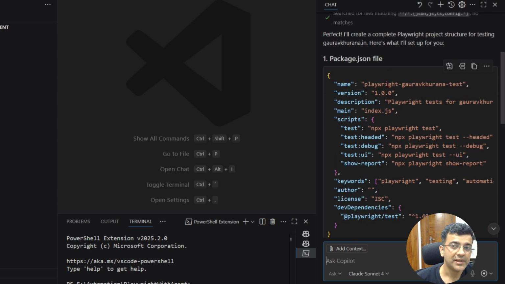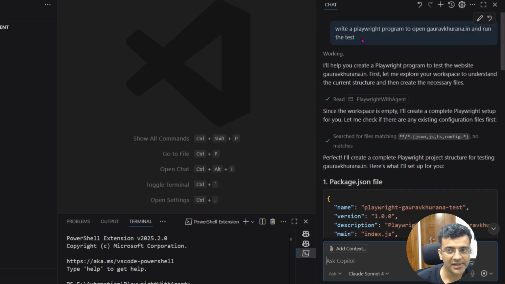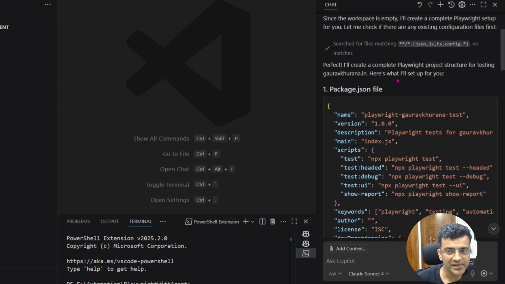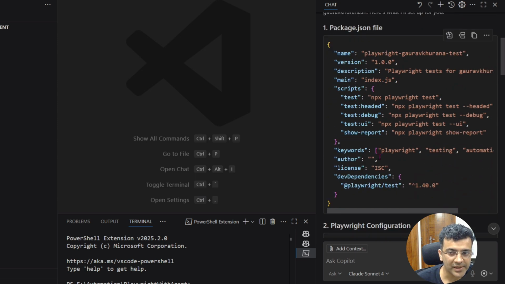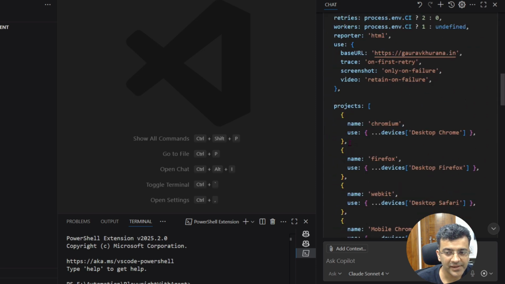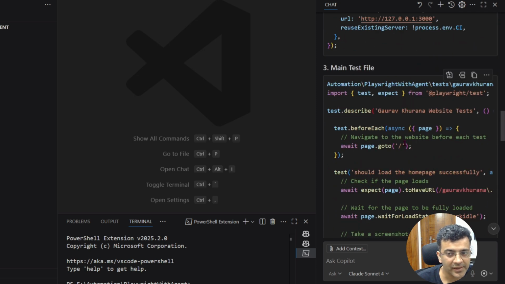That was not a good prompt because I did not mention which programming language I want, so it has assumed I wanted TypeScript or JavaScript. It suggests that firstly I create a package.json file where I can put dependencies, and then it creates a Playwright configuration and then the main test file.